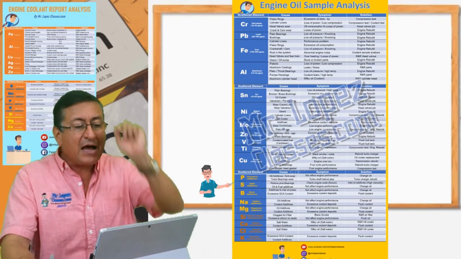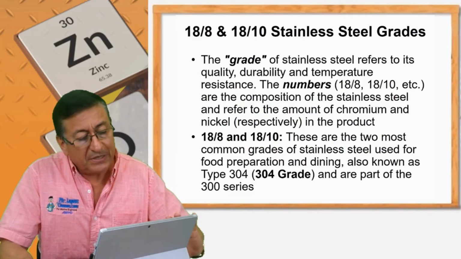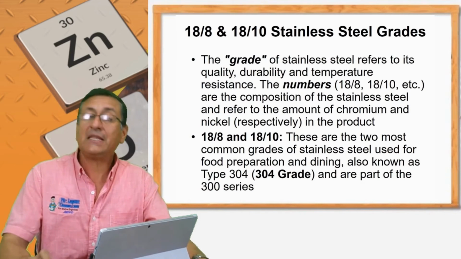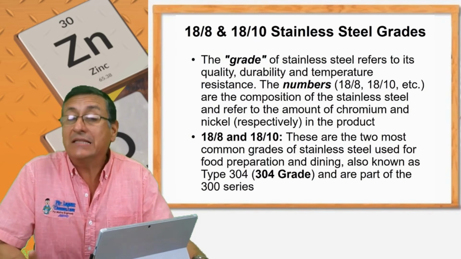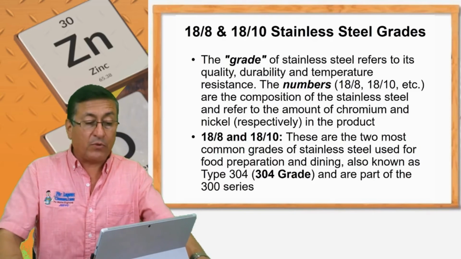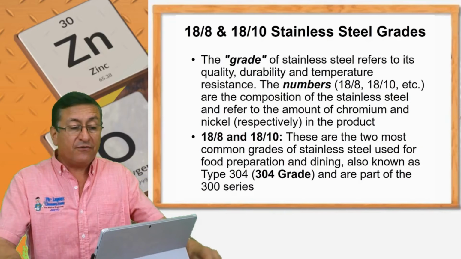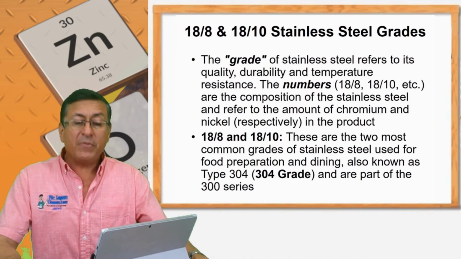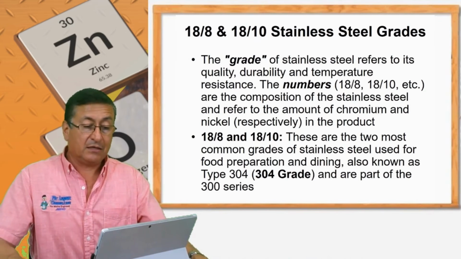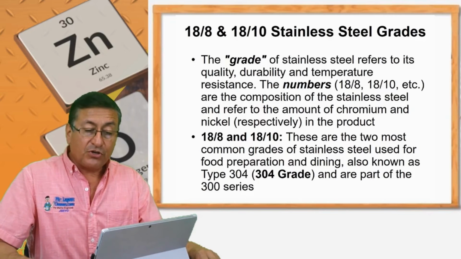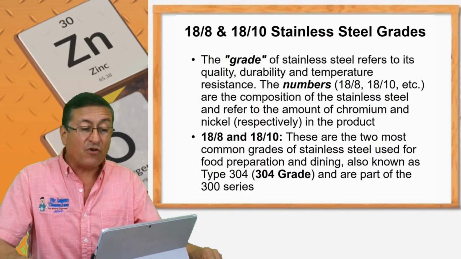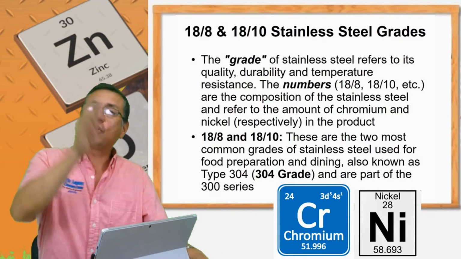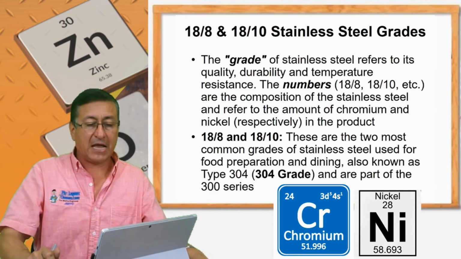Okay, this is phosphorus, and now we are going to talk about other special alloys. The alloy 18-8 and the alloy 18-10. They are stainless steel, great alloys, special for marine environment. The grade of the stainless steel refers to the quality, durability and temperature. The numbers 18-8 or 18-10 are the composition of the stainless steel and refer to the amount of chromium and nickel in the product. 18-10 is the amount of chromium and nickel. For example,